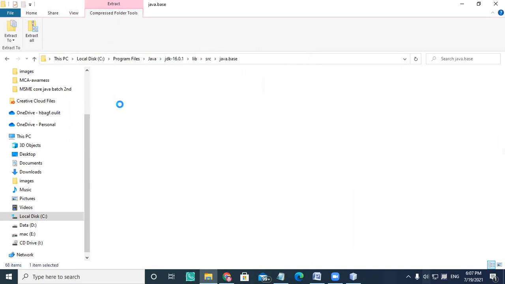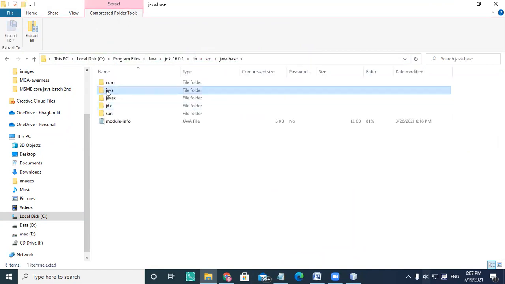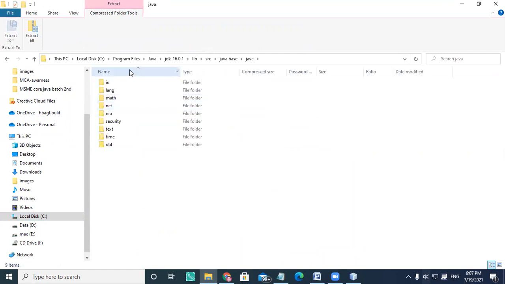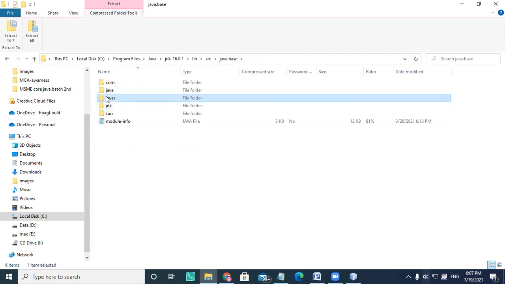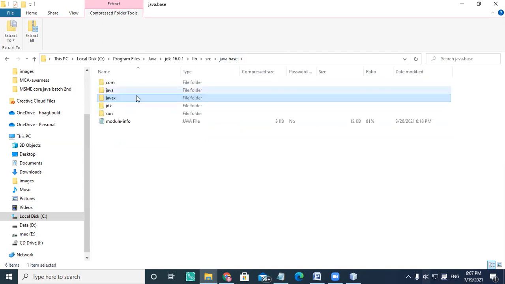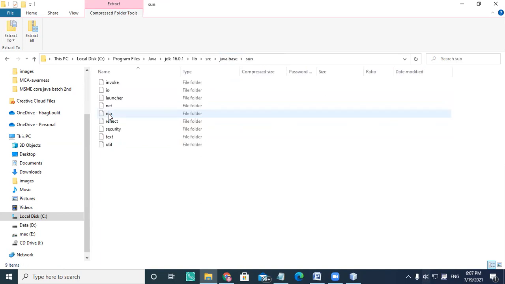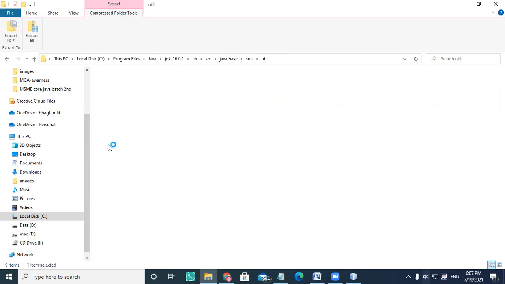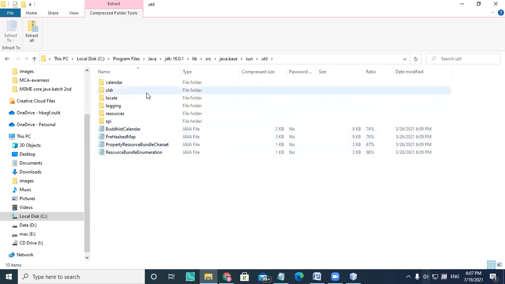So if you see java.base here, there are n number of methods there. And if you want to check javax, javax is nothing but Java extended library. Here you will get the interfaces which are related to Java.